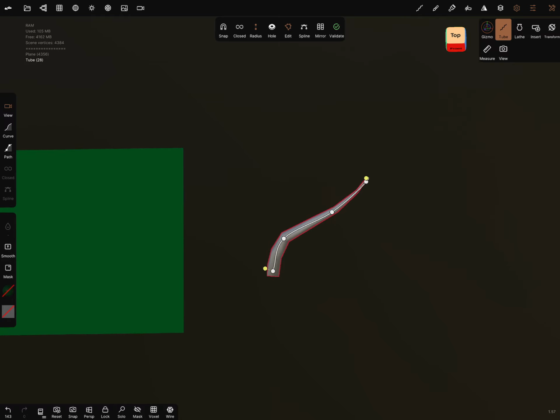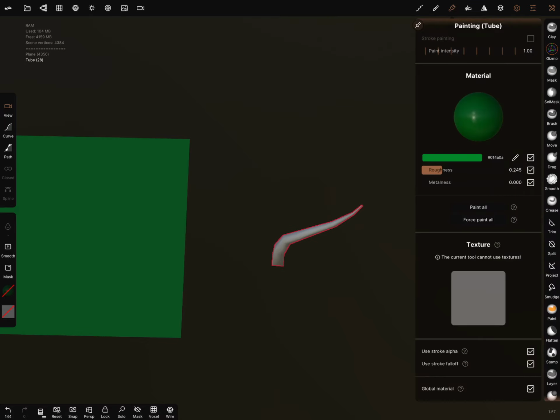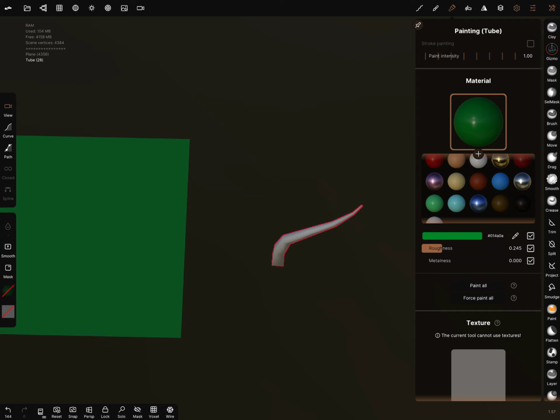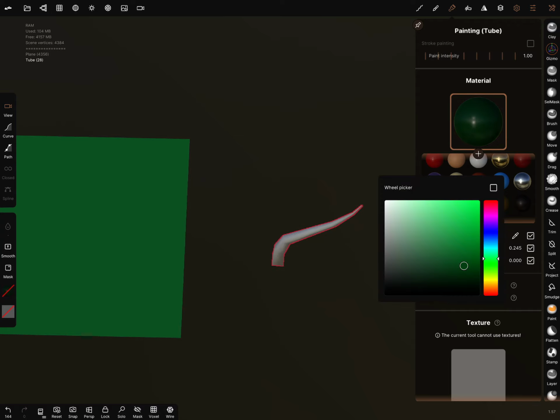And you can use any object, not only tubes. Okay, I validate this one and I gave it a color. I'll make it a little bit darker.